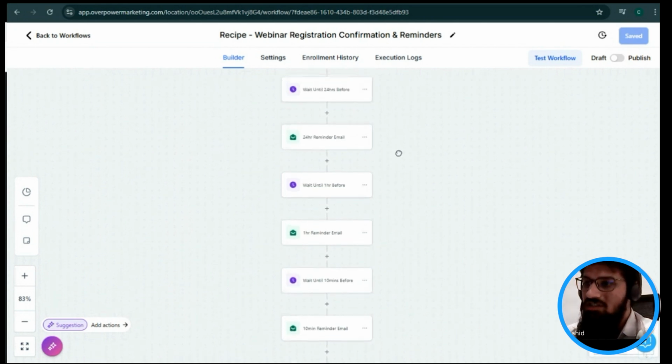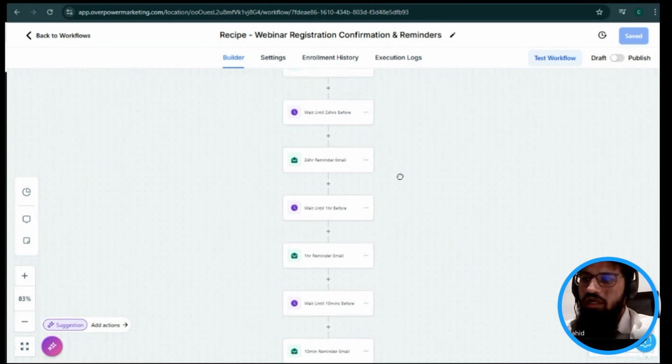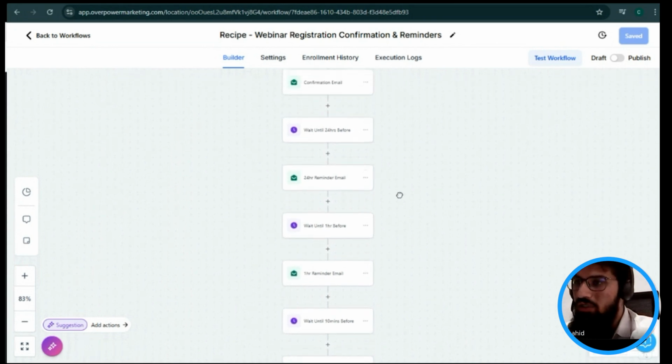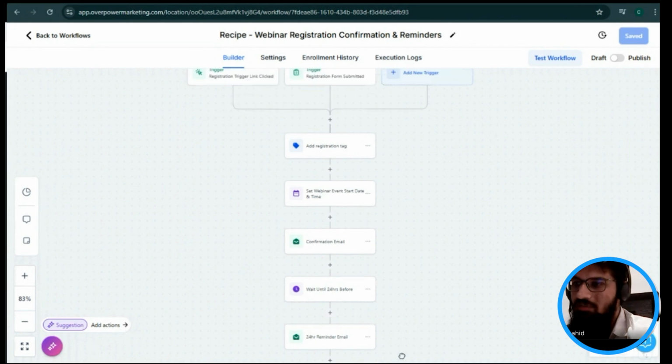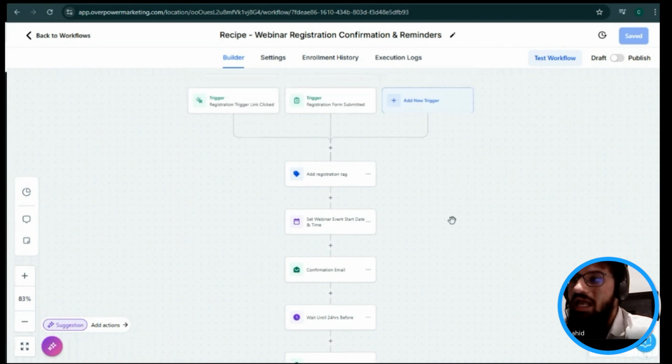Now, an extra step, if you want to be even more technical or more strategic, what you can do is you can add another wait step to wait until the meeting has ended. So, for example, you know that your webinar will be at max 2 hours long. So, you can add wait until after the event has been completed. So, wait 2 hours afterwards, and then you can send out another email for